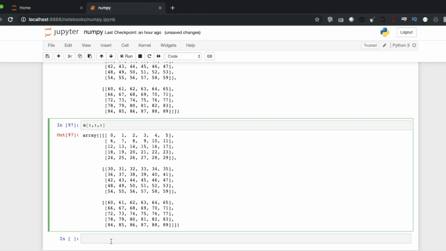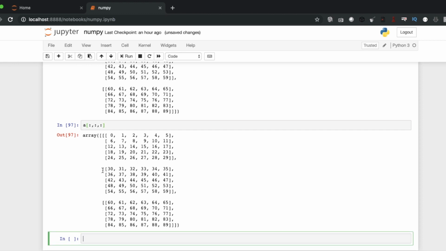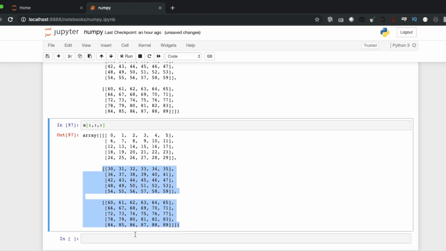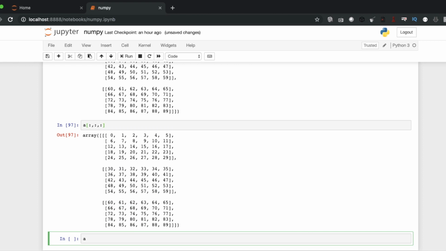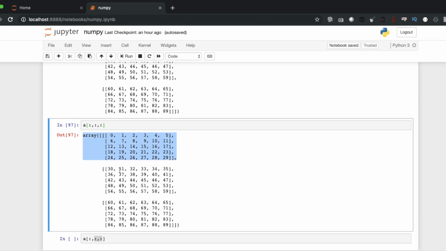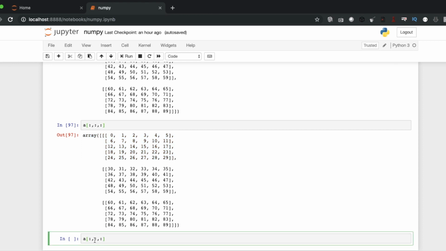So it will print. Now if I need only these two things, how am I going to do this? Definitely the last two things will be the same. We need to just use a colon starting from one.